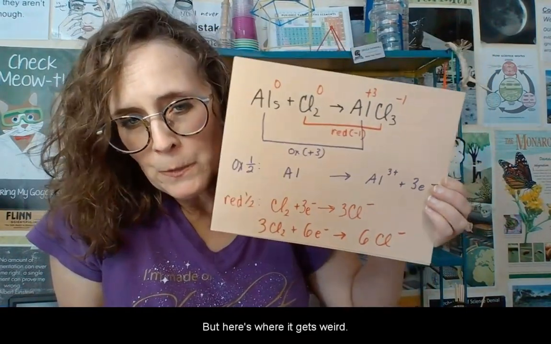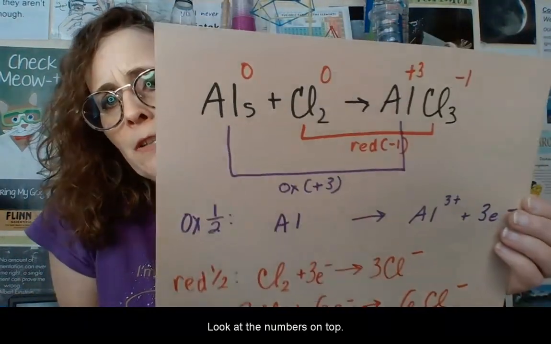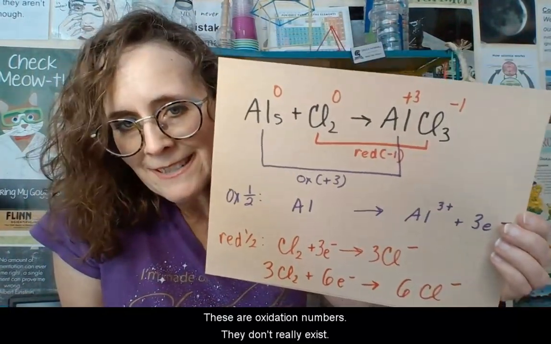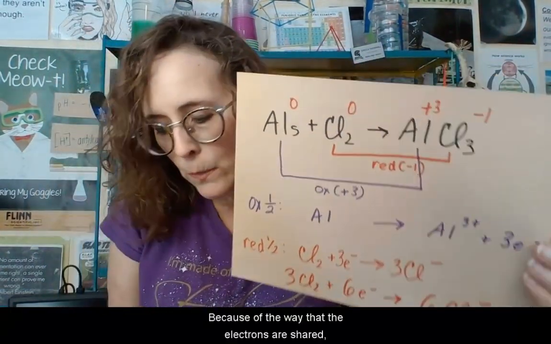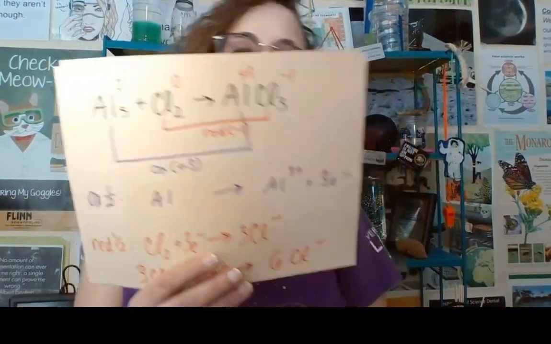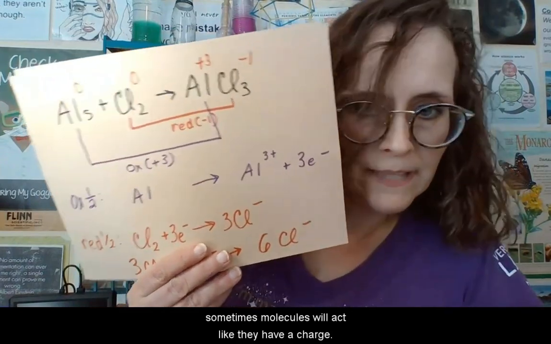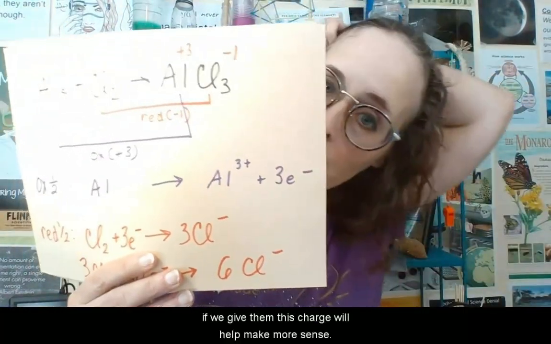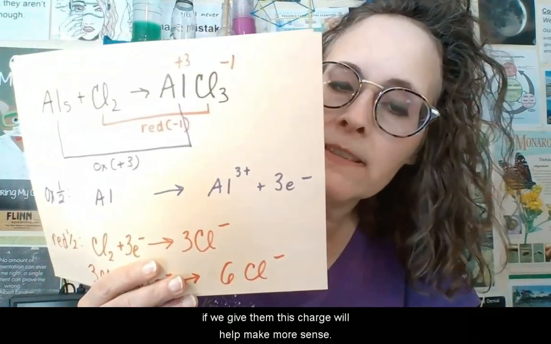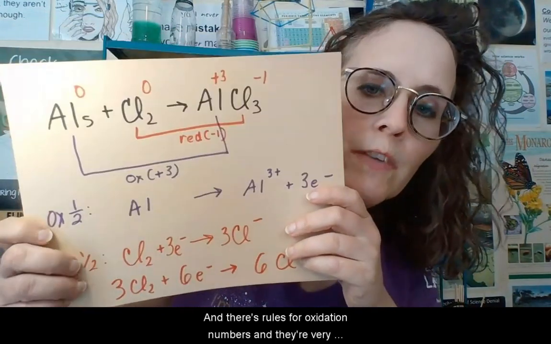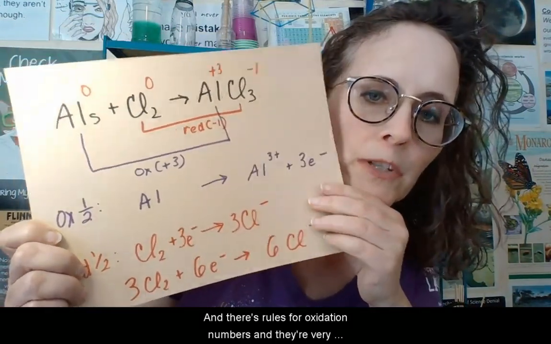Okay, now here's where it gets weird. Look at the numbers on top. These are oxidation numbers. They don't really exist. Because of the way that the electrons are shared, sometimes molecules will act like they have a charge, and if we give them this charge, it helps make more sense. That's all oxidation numbers are. They're not real. And there are rules for oxidation numbers, and they're very clear in your book,